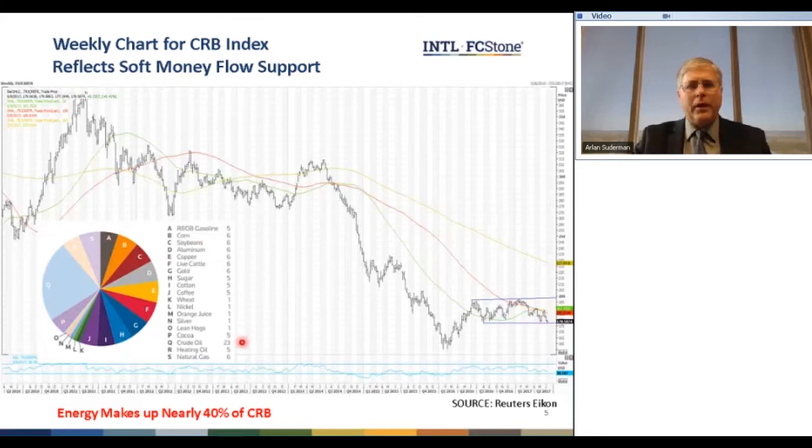23% of the CRB index is made up of crude oil. Overall, the energy sector, which is very tied to crude oil, makes up about 39%. So the energy sector is a big influencer on this. Right now, crude oil did bounce a little bit today, but overall, it's been very bearish of late with the